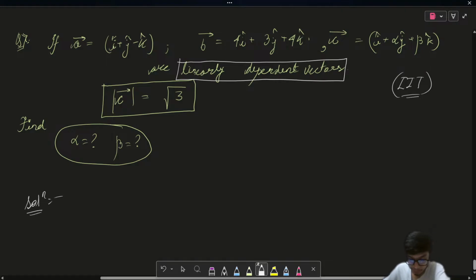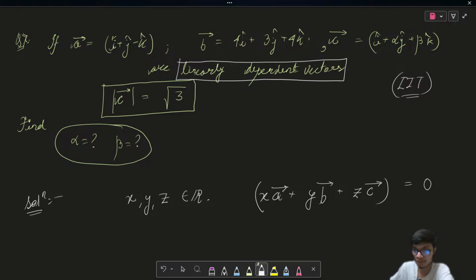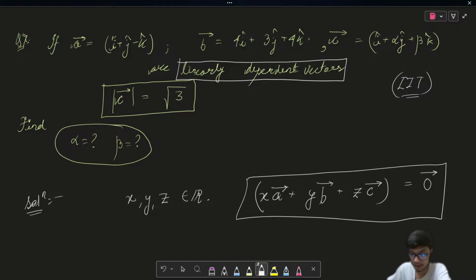Let us say I have three vectors, a vector, b vector, and c vector, and they are linearly dependent. Then, if I consider three scalars x, y, z that are real numbers, and if x times a vector plus y times b vector plus z times c vector is equal to the zero vector, now if this statement holds true